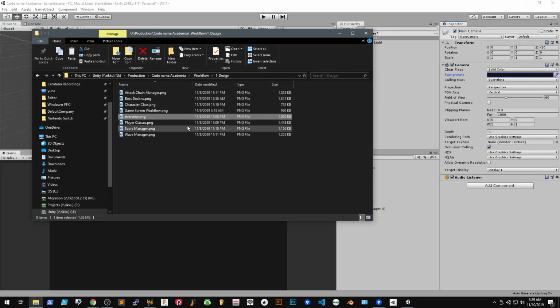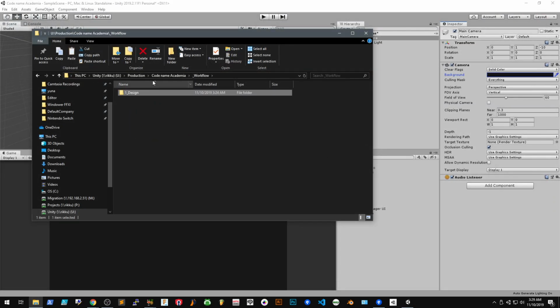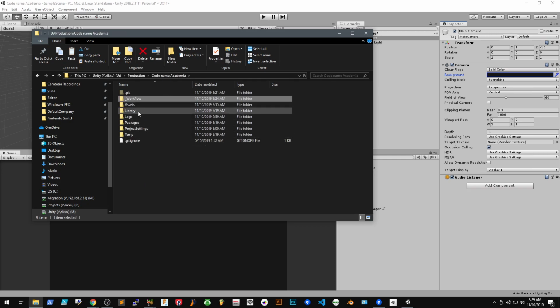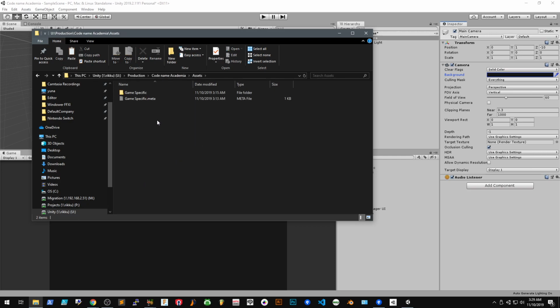But for this stuff, if I put it in the assets folder, when you build the game, it will actually take everything in that folder, excluding certain things like editor scripts. So we don't want that to happen. So anyway,